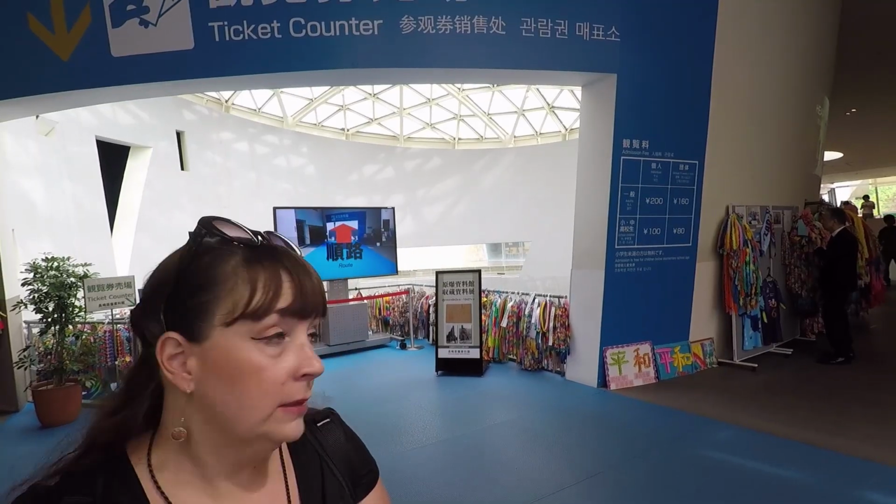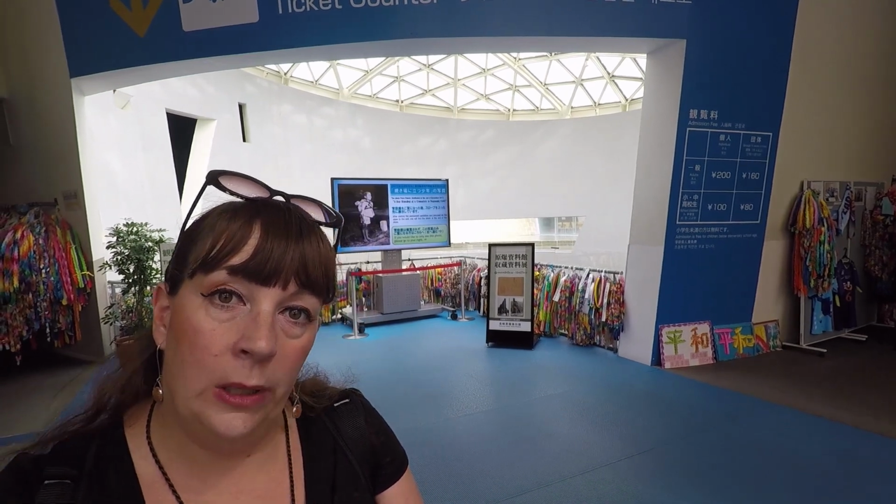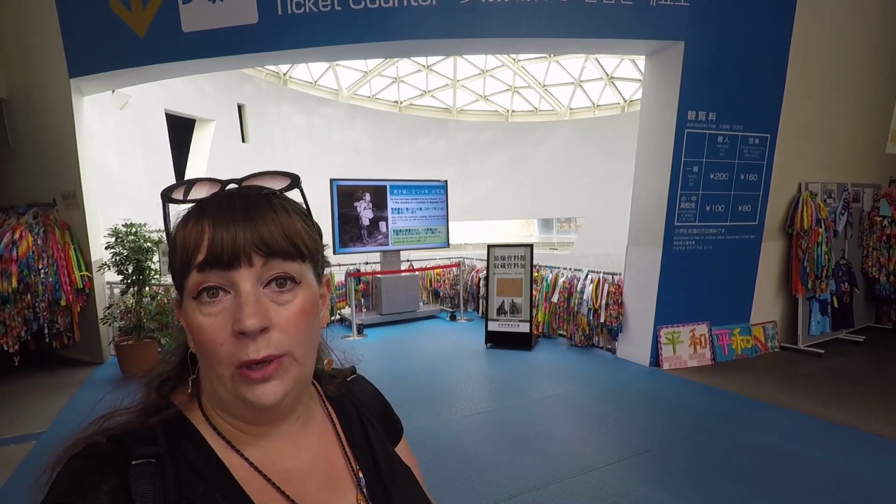It's a very pretty building. As you come in, you can get the tickets downstairs here. It's only 200 yen to visit, and you'll learn a lot more about what actually happened. You'll see stories about people that perished, photos of them. It's quite hard to see, it's quite upsetting, but it's something that we all should see and learn from. And there's artifacts from people as well, clothes and toys from children, and lots of information about what actually happened